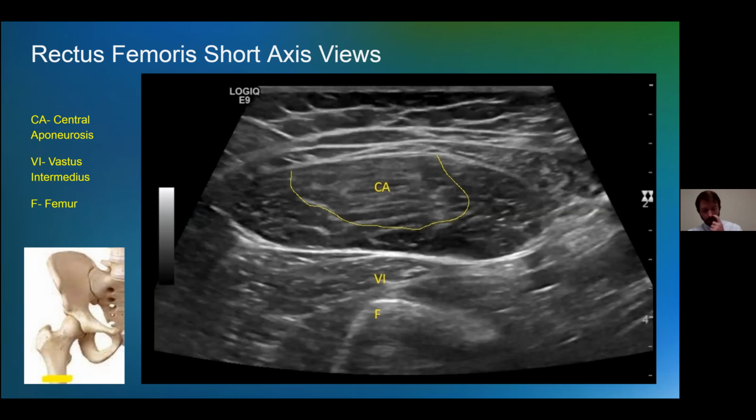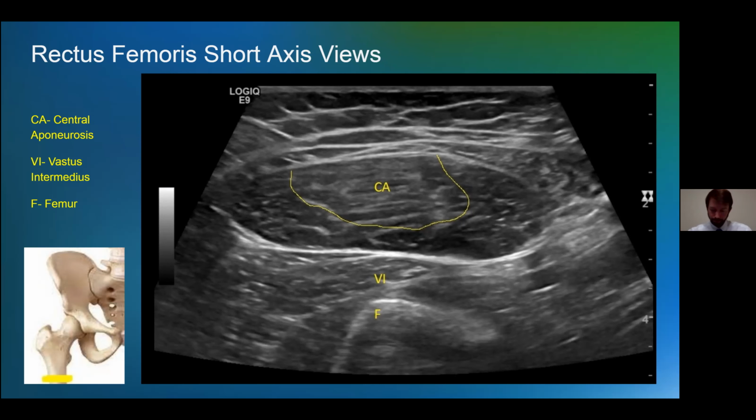So to evaluate our rectus femoris in the short axis, we will scan distally in the transverse plane from where we're at, basically from where the rectus femoris direct and indirect heads were, and then you can trace those inferiorly to where they join the body of the muscle, or you can start in the middle of the muscle in the thigh and then move superiorly. So for our exam, in this image, we started in the proximal thigh and we moved superiorly to trace the muscle